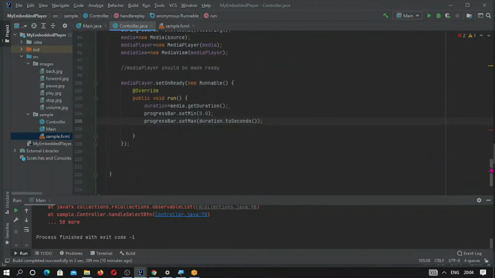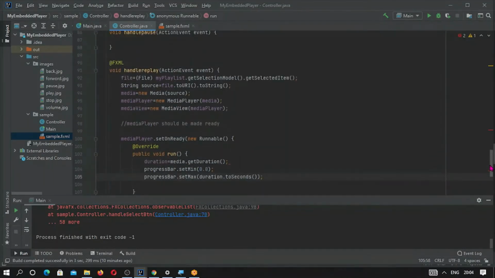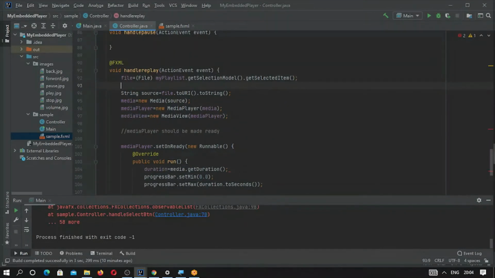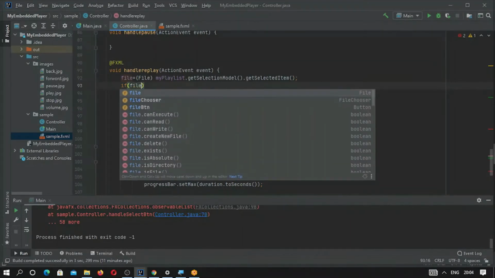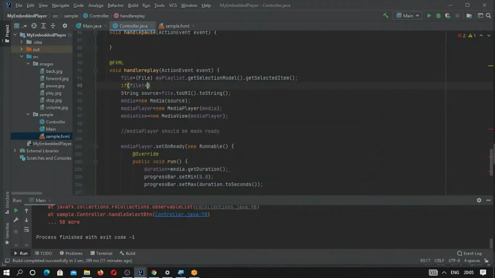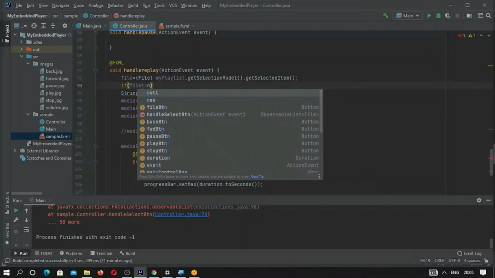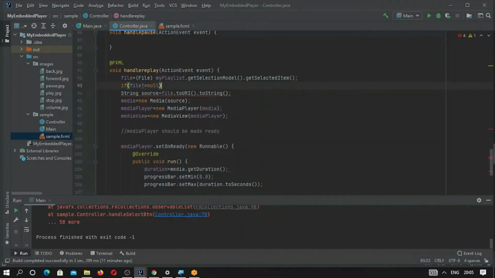Now what we want to do, once the file is chosen and the media is created: if the selected file is null, it will simply give a null pointer exception. So here we can put a condition: the file should not be null, so if it is not equal to null, then the execution should go ahead.